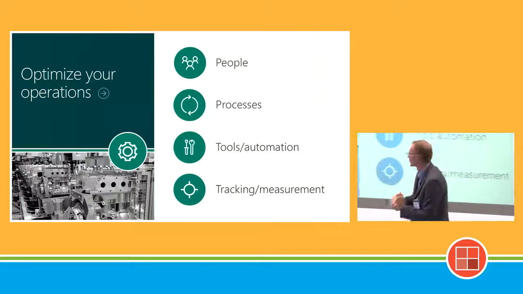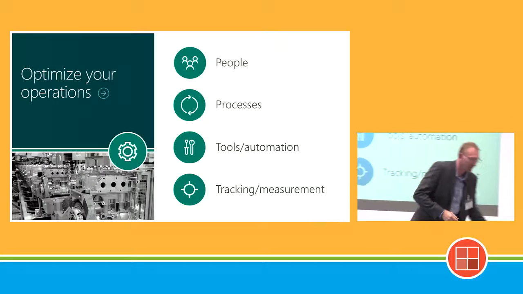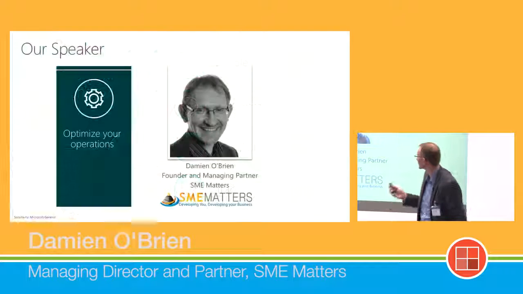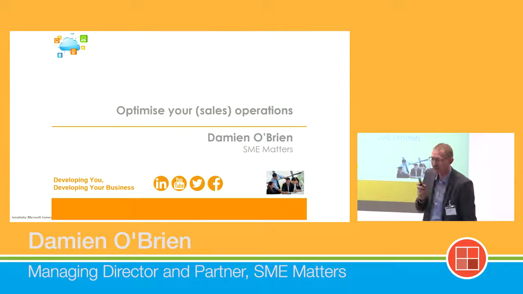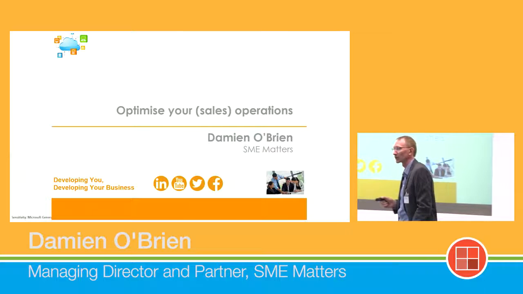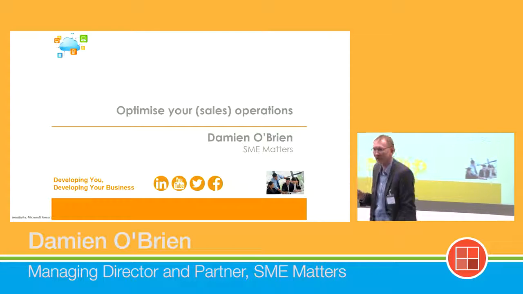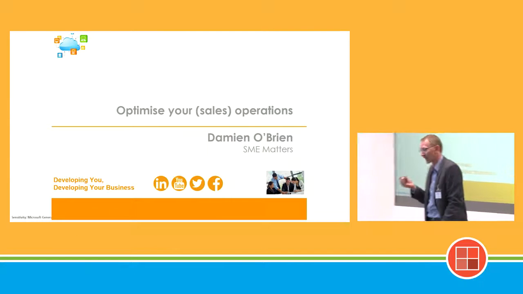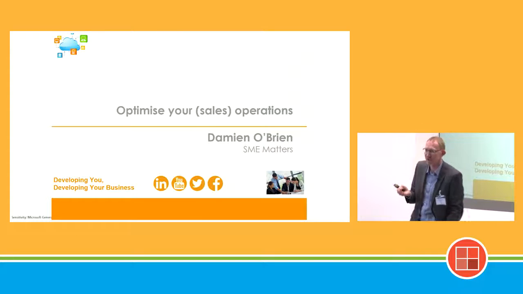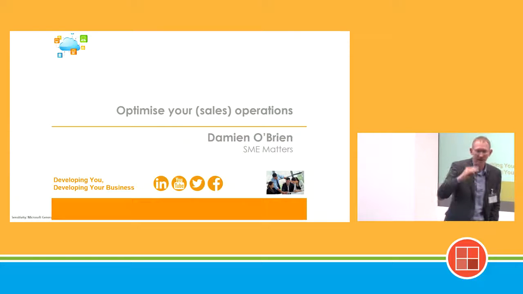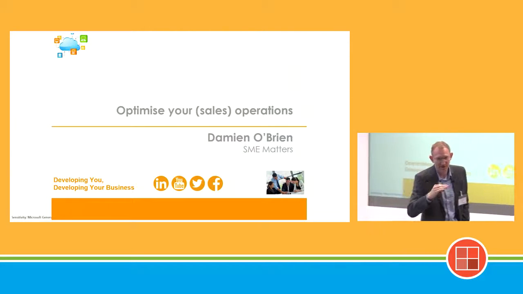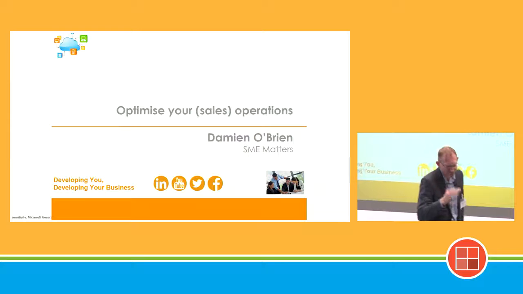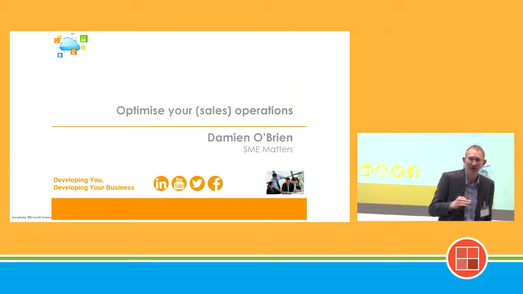Right, this talk is on optimizing your operations, but in particular optimizing your sales operations. Now, at the very start this morning, we spoke about having a good plan in place, and we started off by saying that you need the financials, market, and customer, a particular focus on those. And we said that you need, at a top level, sales targets in place, revenue targets that you want to hit, and that you need to have those broken down into individual targets.